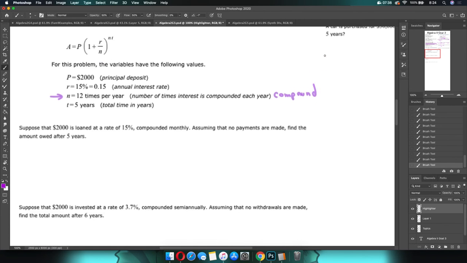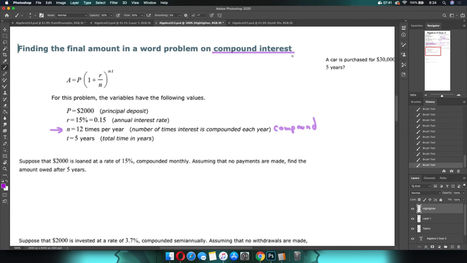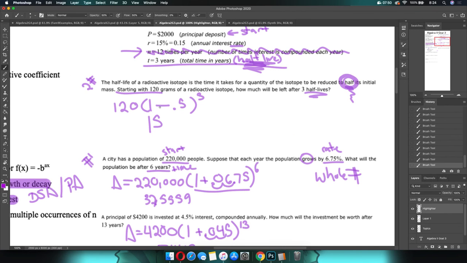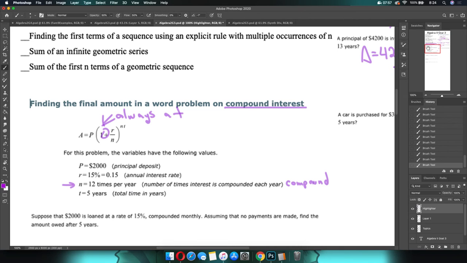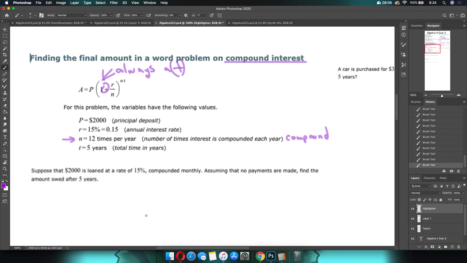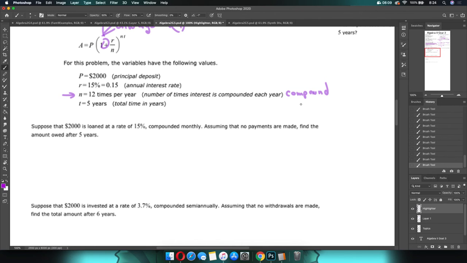Now, a couple of things first. When you're dealing with compound interest, this is always going to be a plus. Always a plus. Up here, you could see it was either plus or minus, depending on whether they told you the word grow, half-life, or sometimes they'll outright tell you decay. Back over here, however, it's always going to be a plus symbol because banking is always addition. And since it's banking, there's only 4 real words that you're going to get for these. When you're compounding, you're either going to compound it annually,